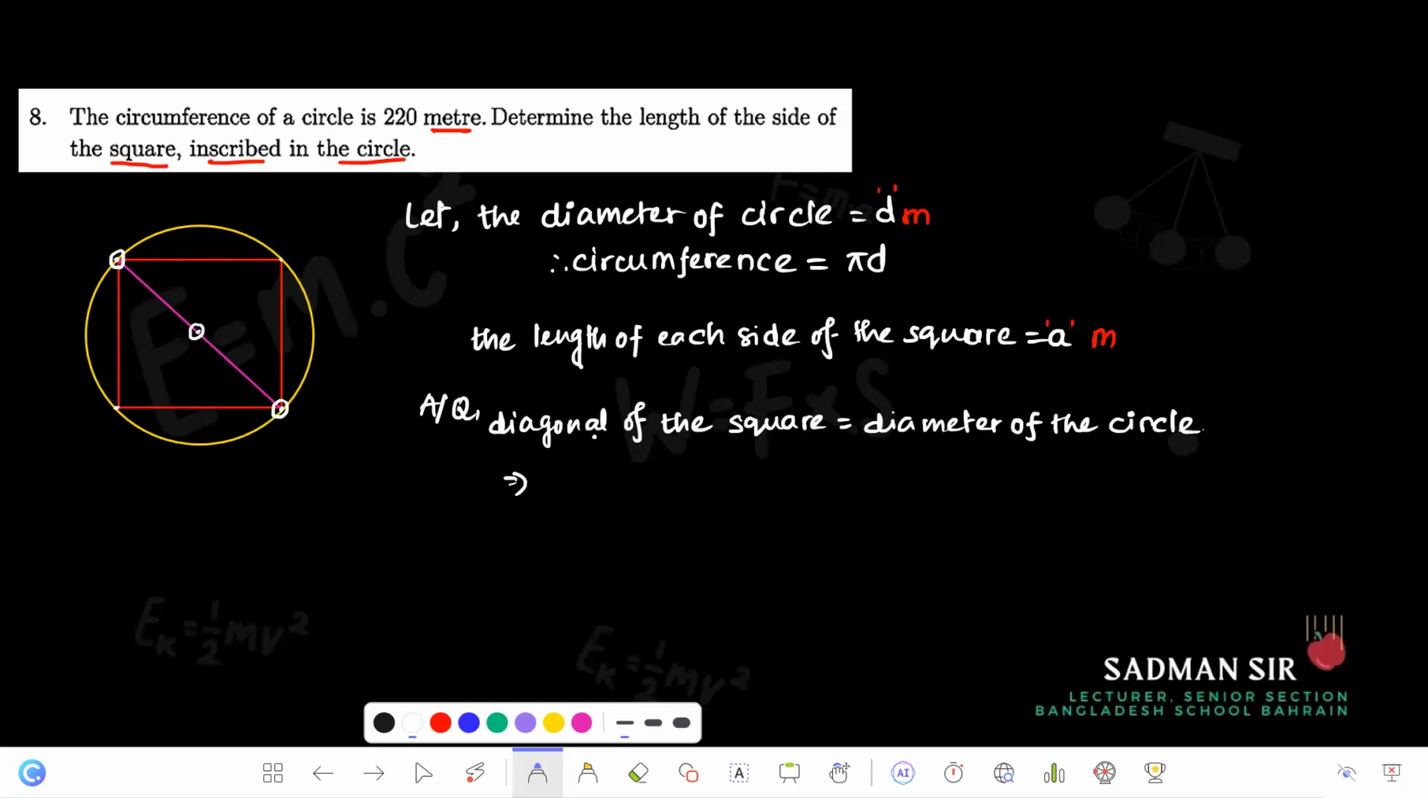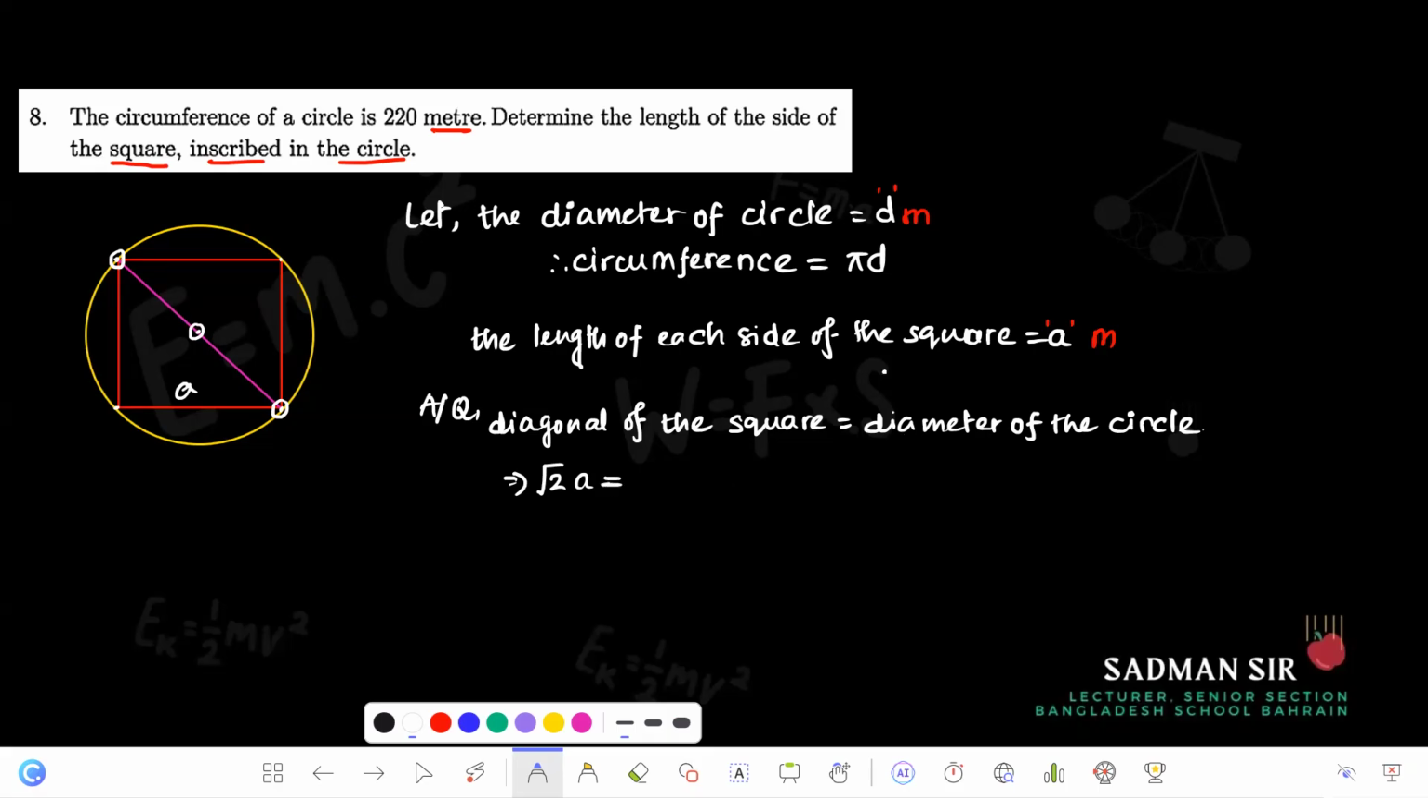Now, what is the formula to calculate the diagonal of the square if the length of one side is A? Let us say each side is A. So what will be the length of the diagonal? That is root 2 A. This one we have studied in 16.2. 16.2 discusses quadrilaterals, right? So root 2 A equals